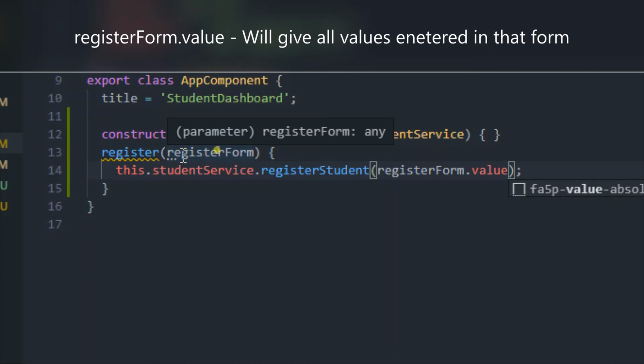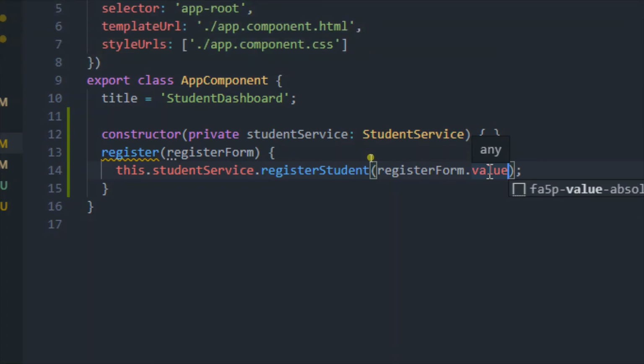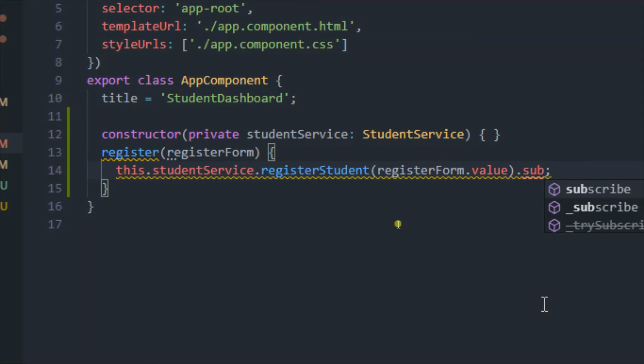There are many properties, but the property in which we are interested is called value. That means we are just interested in form values and not other values. So let me just take this as dot value, and over here let me subscribe to this HTTP call.